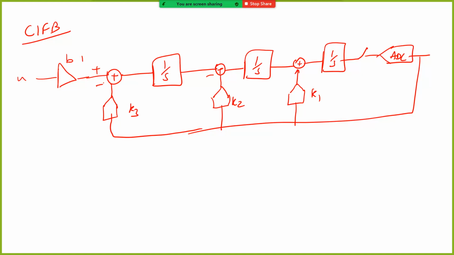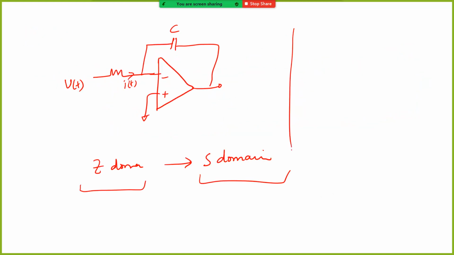So a continuous time delta sigma modulator is used where high speed operation is required. We will probably conclude with this, but there are different ways to use this integrator. One is this. The other is to use a GMC integrator, but this has a lot of problems. It is very fast, so if you need very high speed operation, you use a GMC integrator, or else you use a normal active RC integrator. With this, we'll conclude our discussion on the delta sigma modulators.